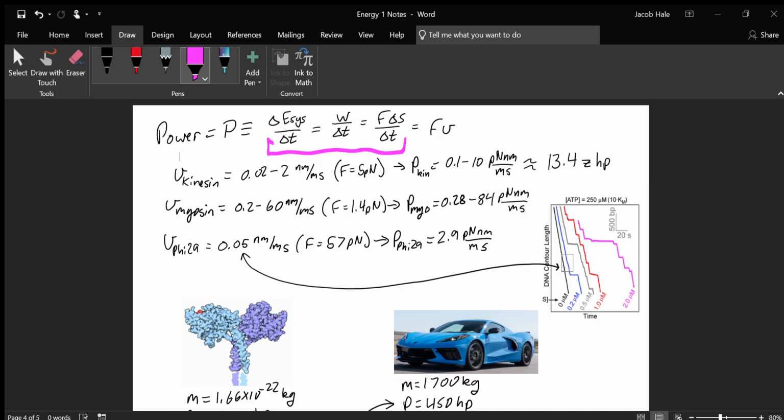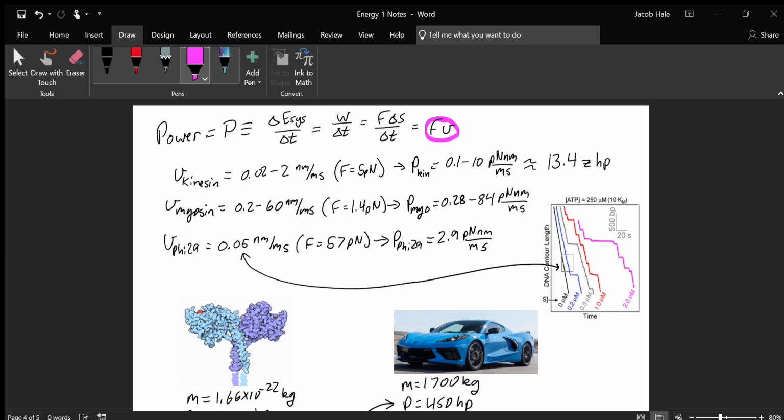But what's cool here is that a change in position over a change in time is something we already know. It's a velocity. So we can instead say this is a force times a velocity, which works out to be very easy to use because often we can see how fast something's going,